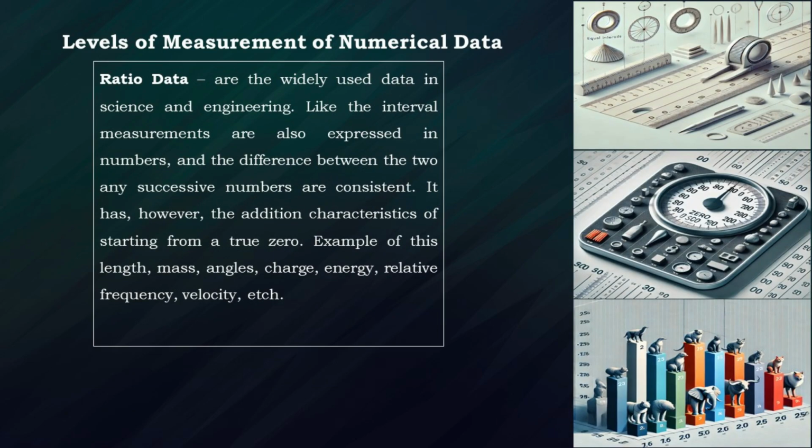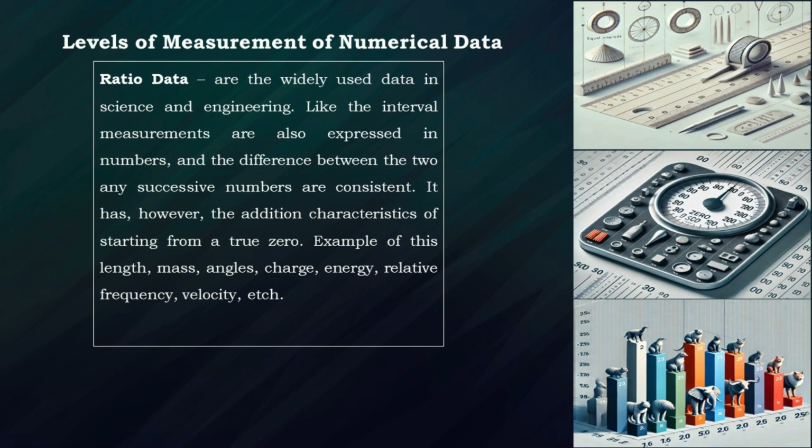Ratio data is the most precise. It includes a true 0 point, meaning 0 actually means none. Examples include height in centimeters: 160 centimeters, 170 centimeters, 180 centimeters; weight in kilograms: 50 kilograms, 60 kilograms, 70 kilograms; age: 5 years, 10 years, 20 years; income in dollars: $10,000, $20,000, $30,000; distance traveled in kilometers: 5 kilometers, 10